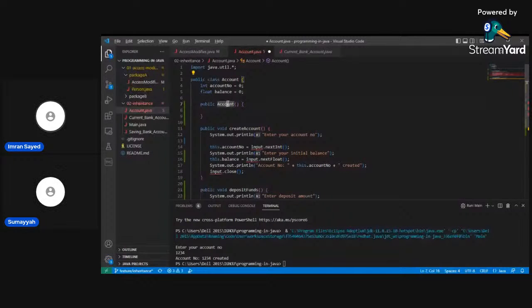Try putting a small a and see if we get an error. Just wanted to verify. We got an error, right? Oh, that's a return type error. Something is missing. Yeah, so void, because it's not going to return anything. Specify the return type. I'm a little confused about this.